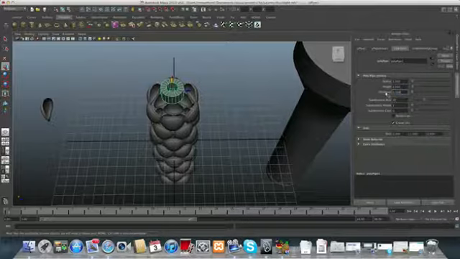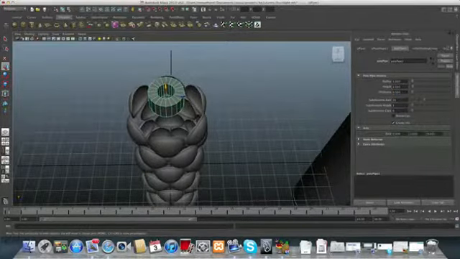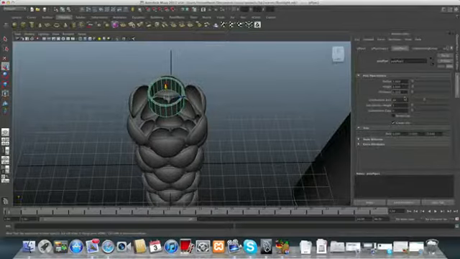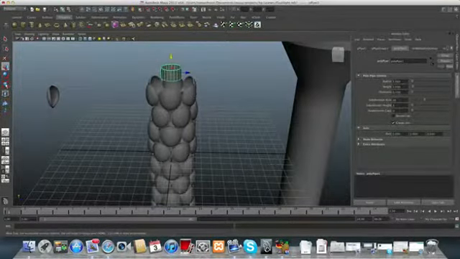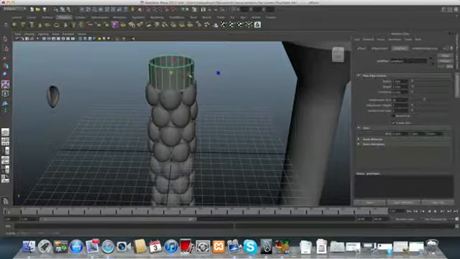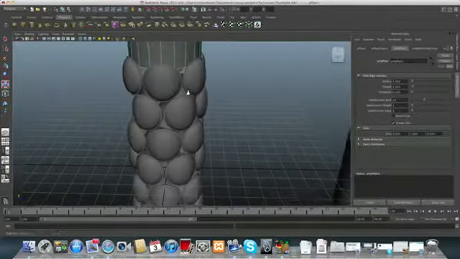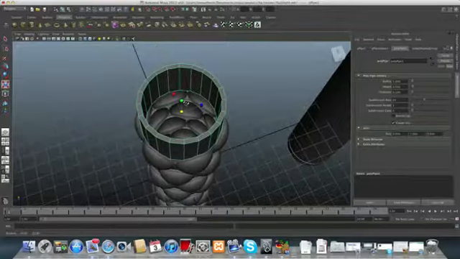Right now the thickness of this poly pipe is 0.5, and I want to change it to something like 0.1, okay,